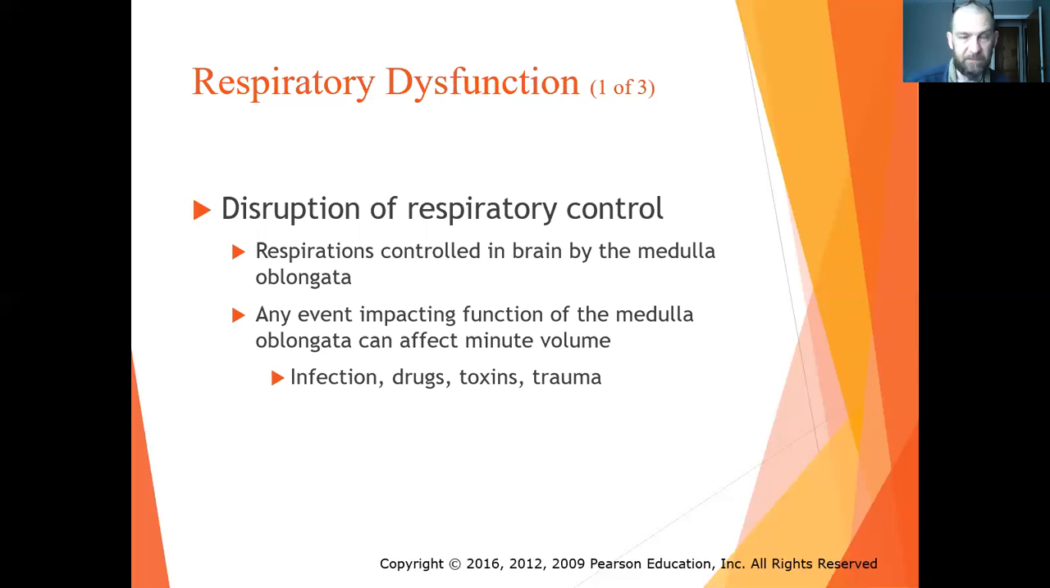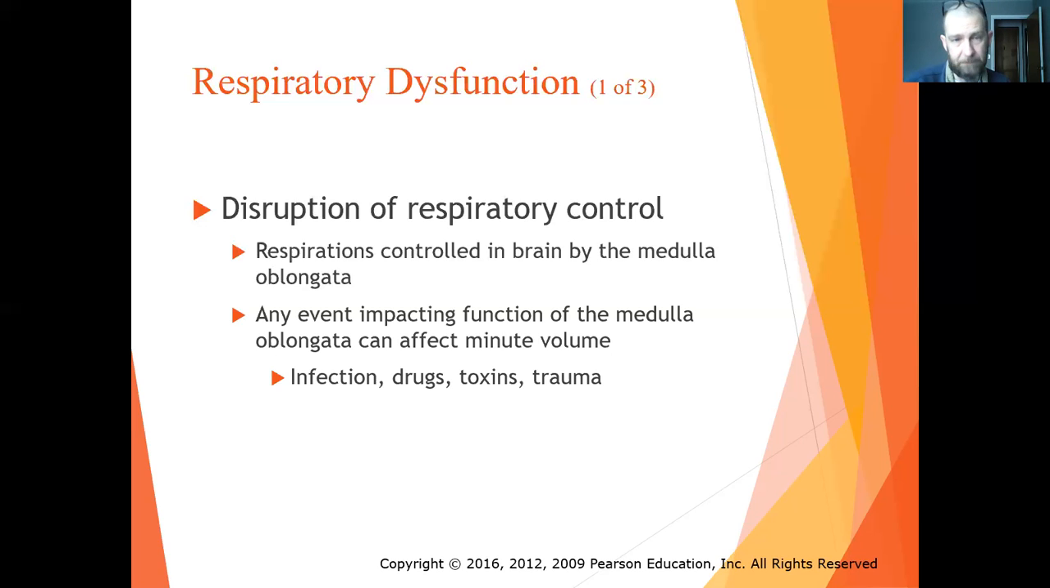Opiate users, for example, when they overdose, the medulla oblongata is basically told by the drug that, we're good, we don't need to breathe. And so you'll see somebody who overdoses on opiates have their respiratory rate steadily decline until it stops. And that's how people who overdose on opiates die. It's the effect that the drug is having on the medulla oblongata. So if there's trauma to the brain, toxins, drugs, infections,